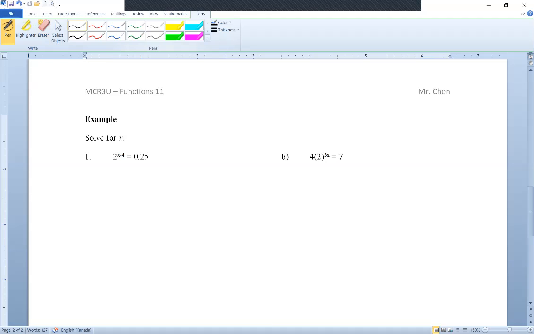We have 2 to the x minus 4 is equal to 0.25. So I'm going to show you using logarithms. Now, you don't have to use logarithms for the first one. You can actually use base 2, but I'm trying to show you how logarithms work. It's obviously the third property that I'm going to look at. And maybe I should write that in blue so some of you can see what I'm trying to do. So basically, log base a of, let's say, b to the x is equal to,